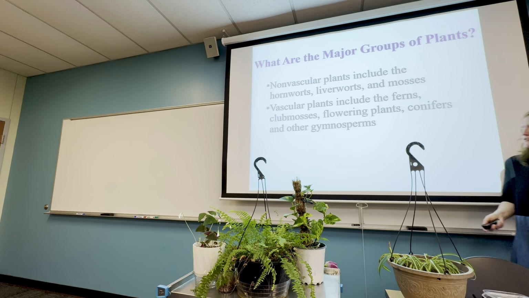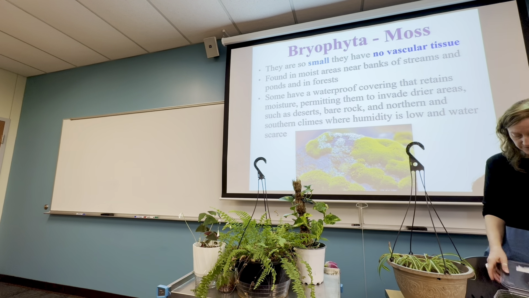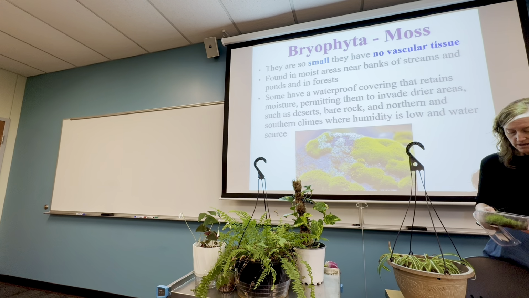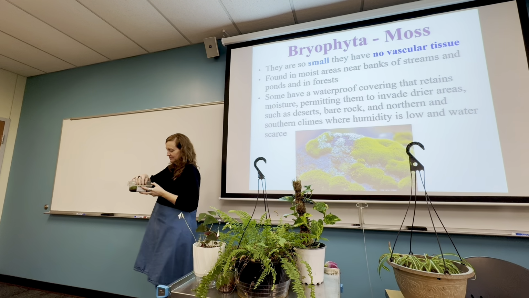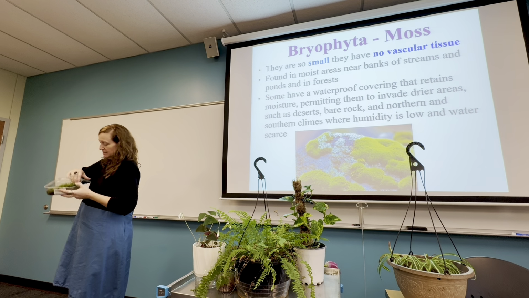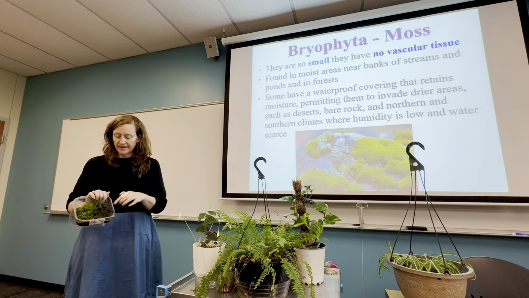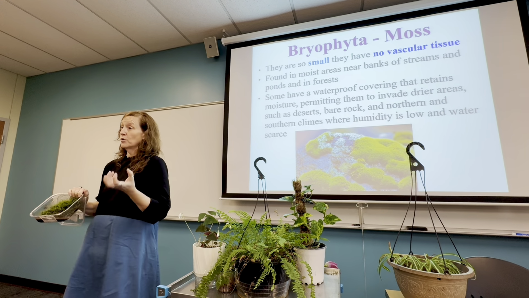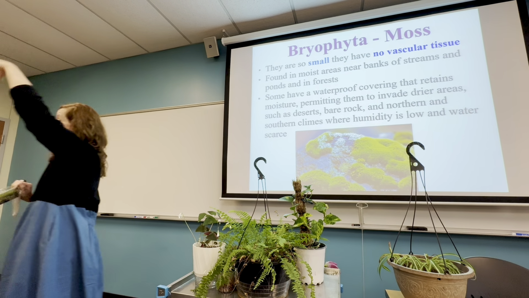All right, so let's take a look at one. We're going to start out with our non-vascular plant, which are called bryophyta. So this here, our little plant, not these little grasses, there are a few grasses that are growing in our moss here. But this is a little plant, it's short, it almost looks like green carpeting. You can see a little bit of water in there, it likes to live in a very moist environment.